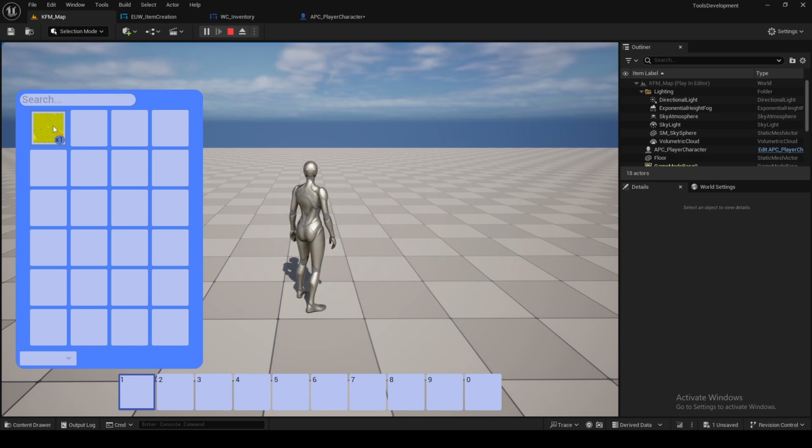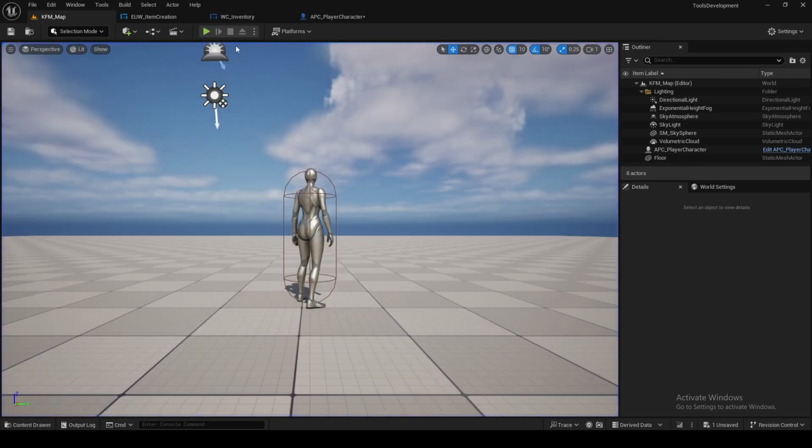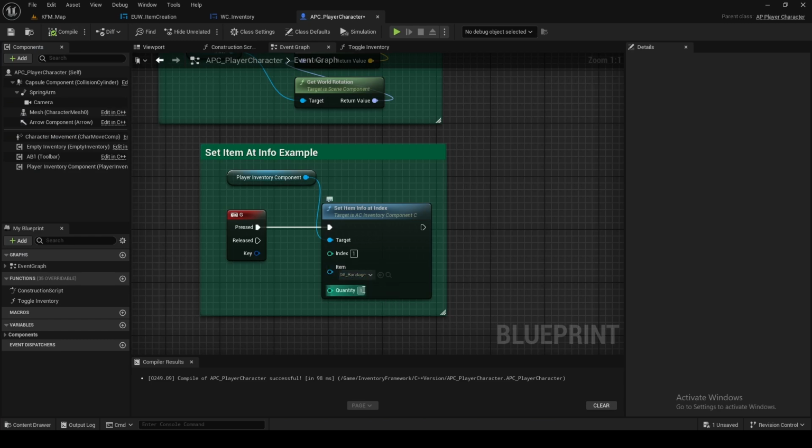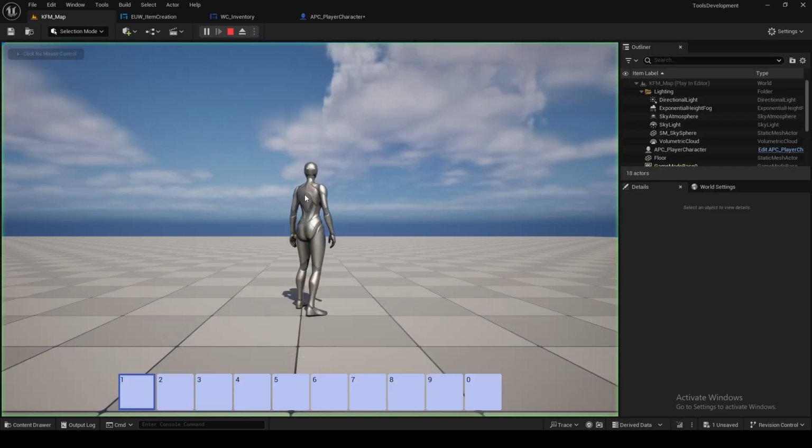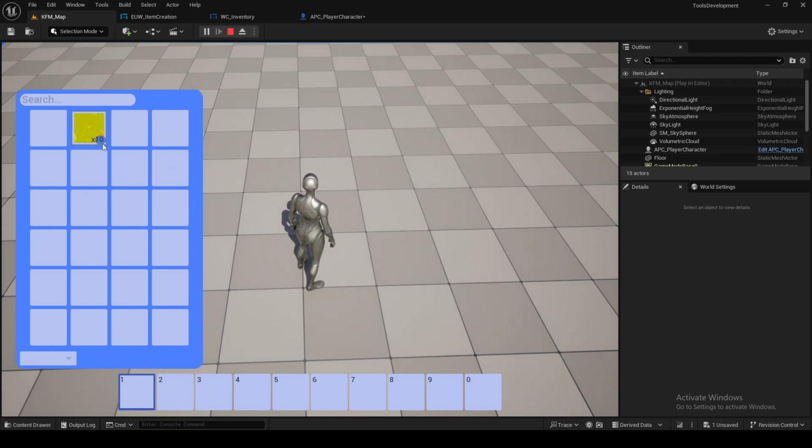Right now, there is no right click function because there's only one item. In order to do right click, you're going to need more than one. For example, let's do 10. So if I run this again, I should now spawn 10 in that slot. Sometimes this writing will go off if you are having larger numbers. This quantity border you can change the size of to fit your numbers however you want. So if I right click this, I shall